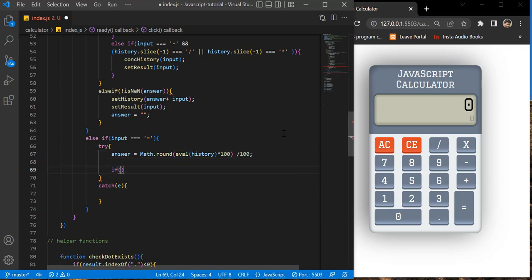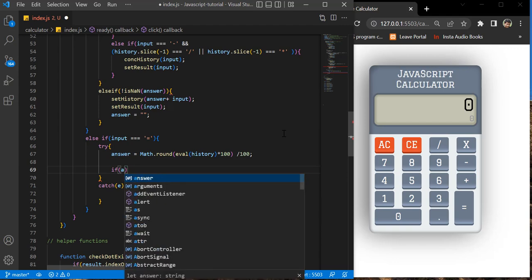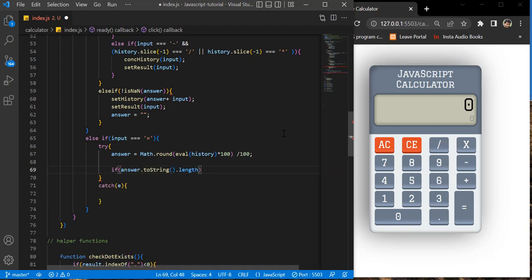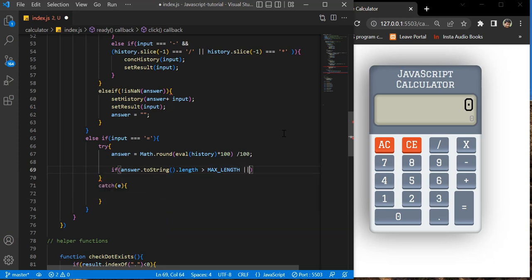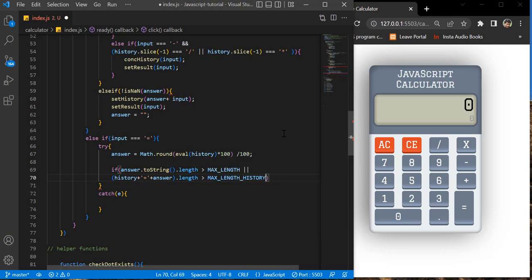Now, in that, we would like to make sure that if our answer's length is more than the max length, or the history, where we are keeping track of all the operations we have done, so in that case, we'll check the history and the answer, and if the length of the combined string is more than the max length of the history. So in both the cases, we want to call a method called limit reached,